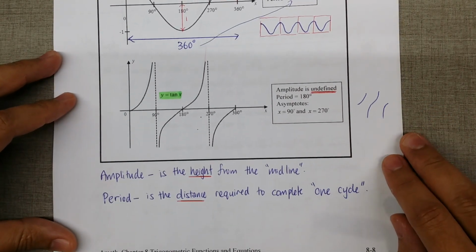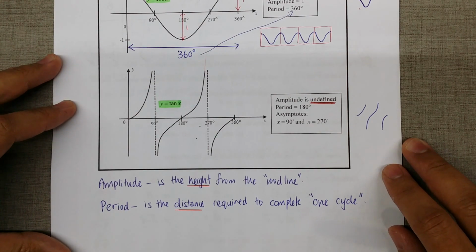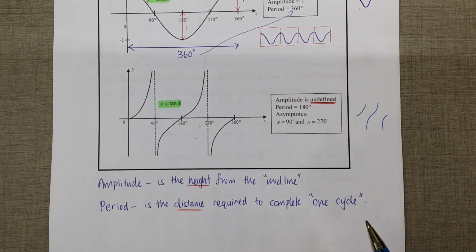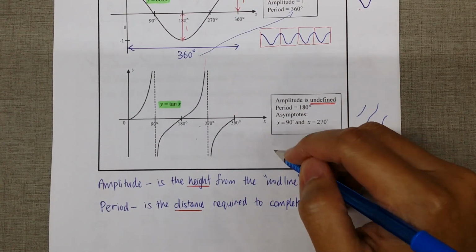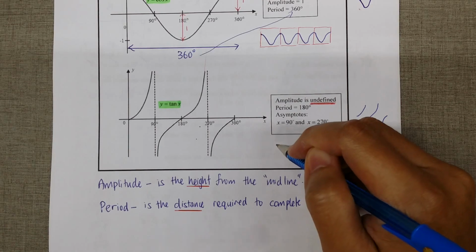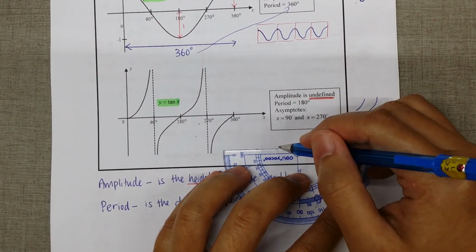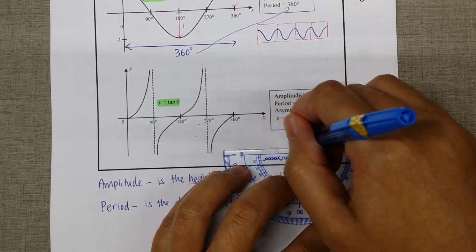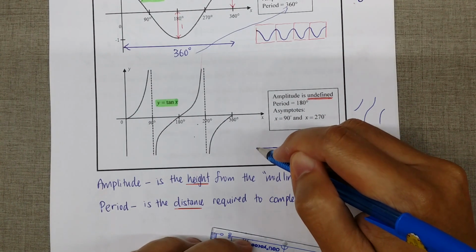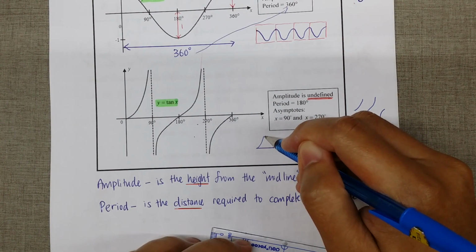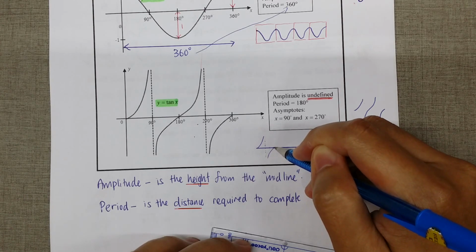Look at the tangent graph. Y equals tangent x. What is the period? Let's see. When will the pattern repeat itself? I have the midline, right? Okay, for this maybe I'll draw a midline, it will be clearer. Okay, so my tangent graph goes up, then there's an asymptote, then the tangent graph goes up